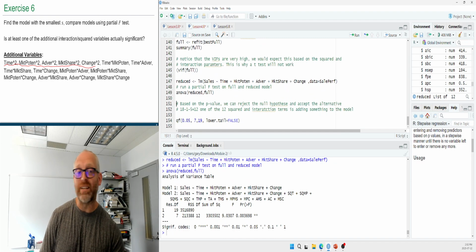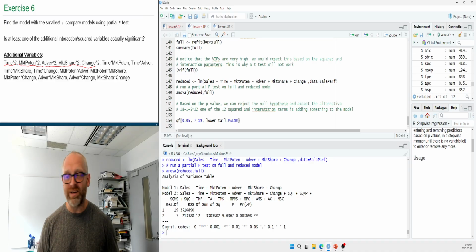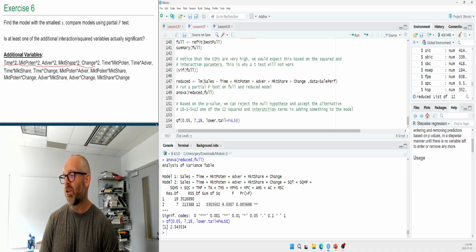If we wanted to look at that critical value, so again, this is assuming the null hypothesis is true. Assuming the null hypothesis is true, that none of these are adding anything to our model, where should we see the f values that come from this? So again, I want that lower tail to be false because I want the extreme right. I want an alpha to be 0.05, and our degrees of freedom are 7 and 19. So this is going to give me, and I'm using the QF function, a critical value of